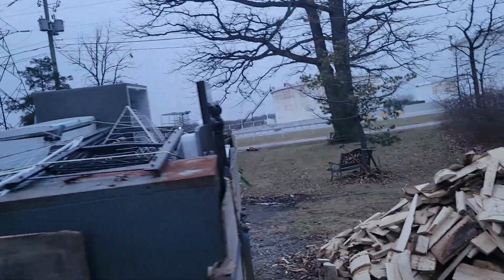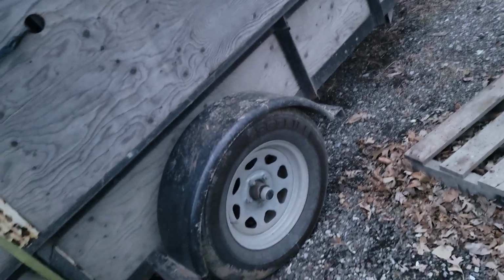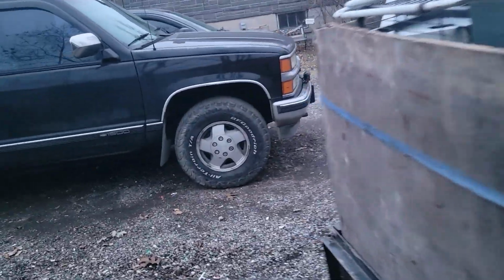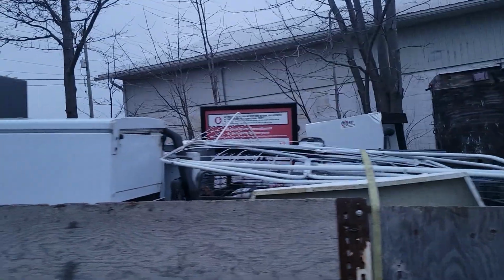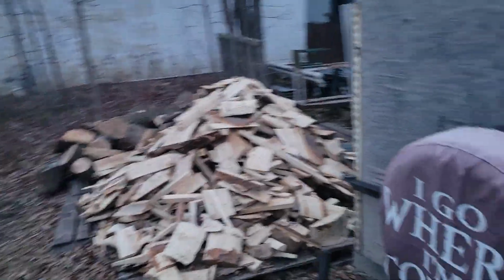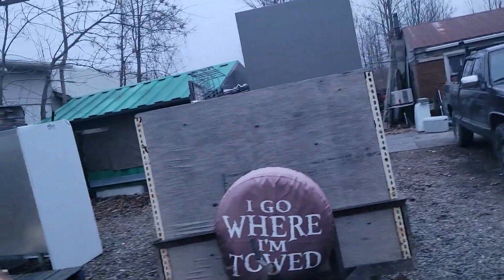So yeah, we are loaded. Well, we're squatting a wee bit, not much. I'm going to say 1,300 pounds. I'm going with a lucky 13. I called them up. They were closed, but they answered the phone. I'm making sure that they're open tomorrow. She says, yep, 8 till 12. I said, okay, I'm going to see you. Because otherwise, I wasn't going to load a trailer. I ain't going to have it sitting for a week and a half loaded. So,